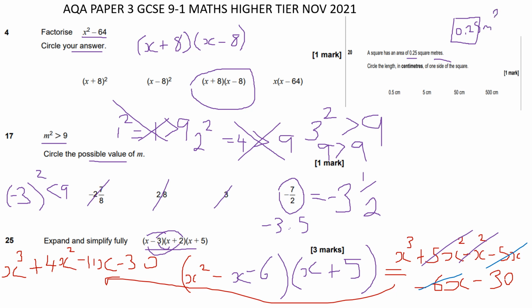So circle the length in centimeters of one of the sides. Well, the square root of this here. Think of it as I've got a quarter as a fraction. That will equal a half, which is the same as saying 0.5. So each of the lengths in meters is 0.5, and 0.5. Now meters to centimeters, I'm going to times it by 100, so 0.5 multiplied by 100,